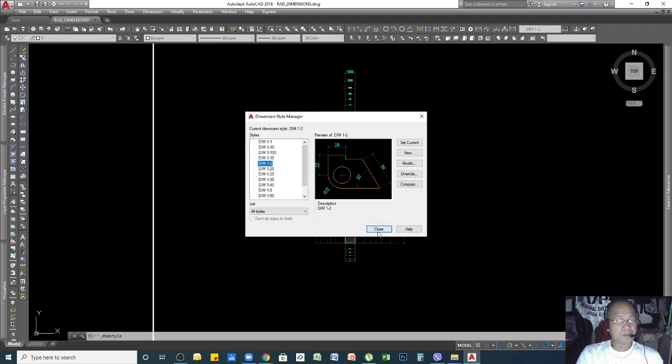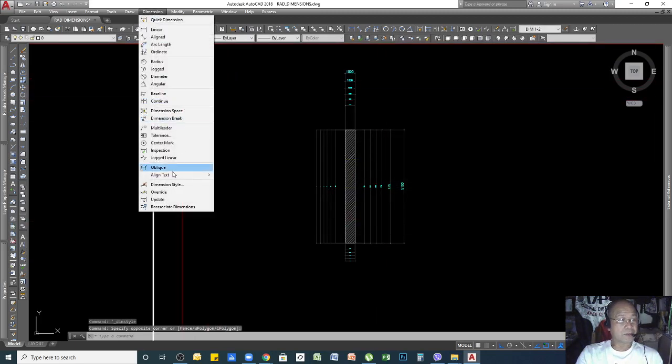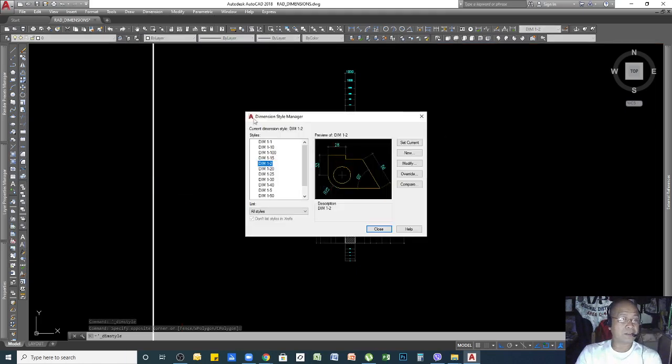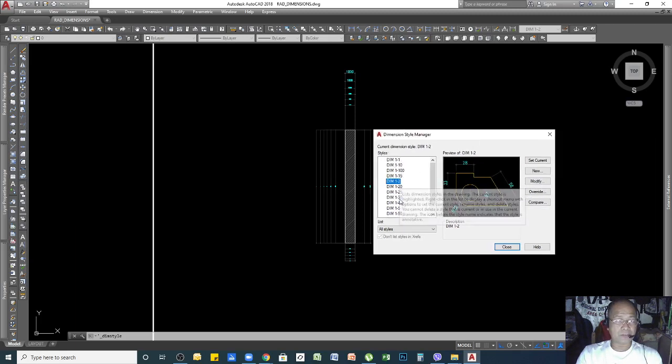The same thing, if I close this one and go to Dimension and then click Dimension Style, the same dialog box will appear. Once this appears, knowing that if you haven't created any of these, which I already created, that's why you have seen a lot of dimension setups.